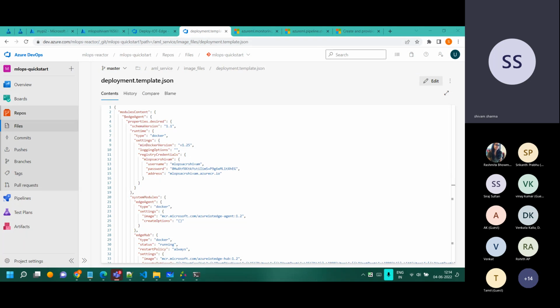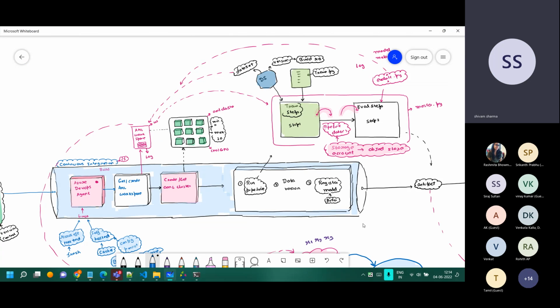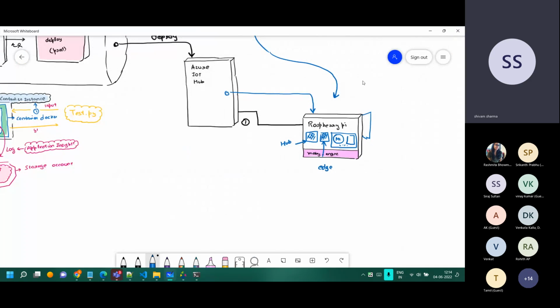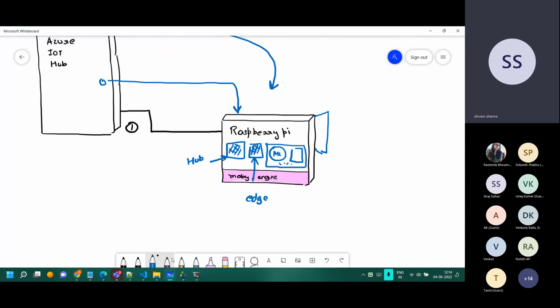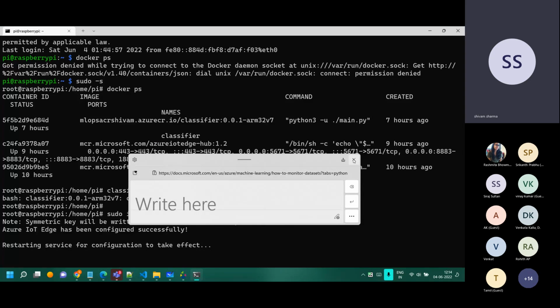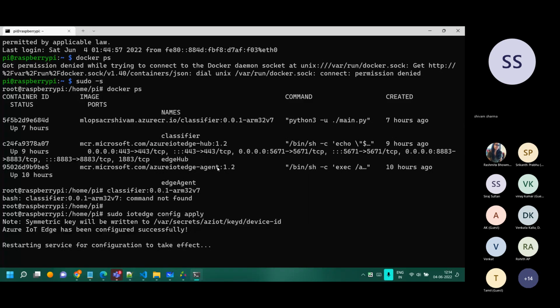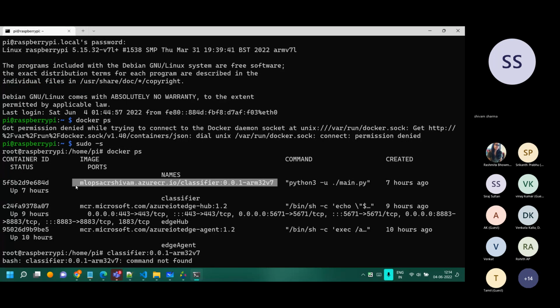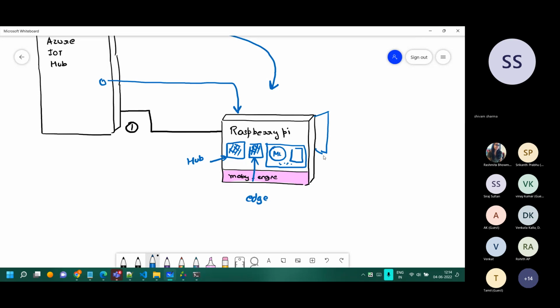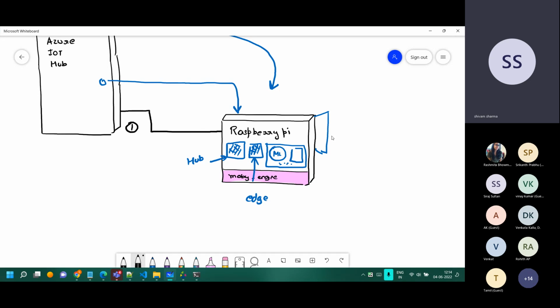Will the model run on IoT Edge? Yes, it will run on IoT Edge over there. Right now, this is the model. A couple of extra things also need to be done for IoT Edge.